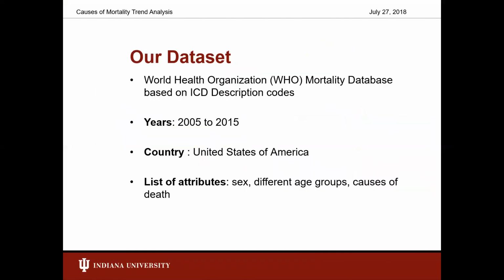So for our data set, we focused on using the World Health Organization data set, which is one of the largest recognized organizations that provides a large-scale data set covering health statistics and mortality causes. It's a compilation of mortality data by age, sex, and cause of death as reported annually by members of the state from each of their civil registration systems. We've extracted the mortality data for the United States from the year 2005 until 2015 for this project, and the description of the death cause is derived using the ICD, International Classification of Diseases codes.